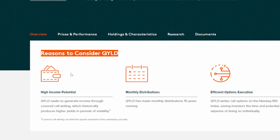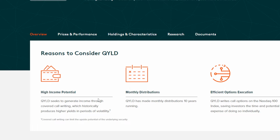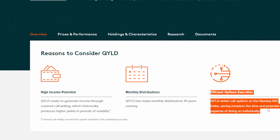and it says right here on the website, these are some reasons to consider buying into QYLD, and these reasons are partially exactly why I bought into QYLD a while back. It says, for one, high income potential, which is very important to me as a long-term dividend growth investor, with a portion of my portfolio invested into some higher yielding options. It says QYLD seeks to generate income through covered call writing, which I'm a huge fan of this strategy, which historically produces higher yields in periods of volatility, monthly distributions. I mean, who doesn't like getting paid dividends or distributions monthly? I definitely do. It says QYLD has made monthly distributions for 10 years running, and on top of that, this ETF offers efficient option execution. QYLD writes call options on the NASDAQ 100 index, saving investors the time and the potential expense of doing so